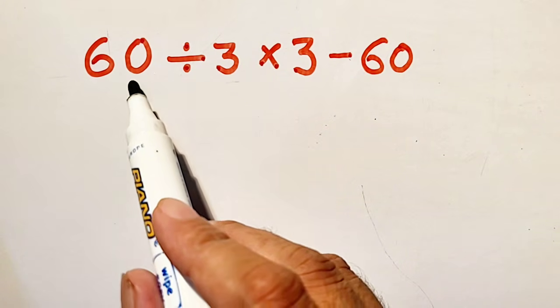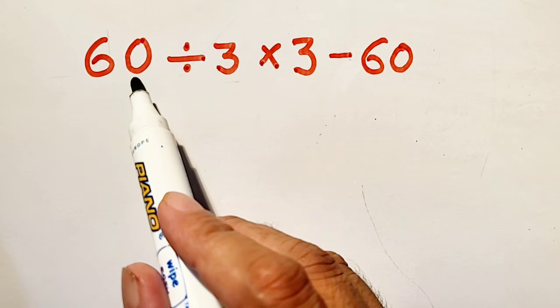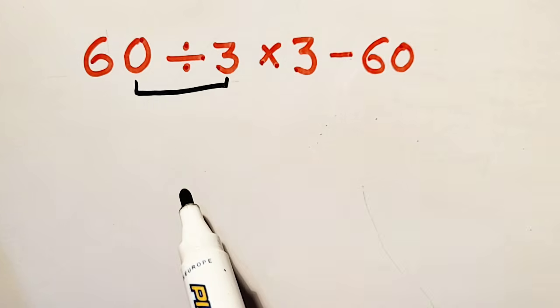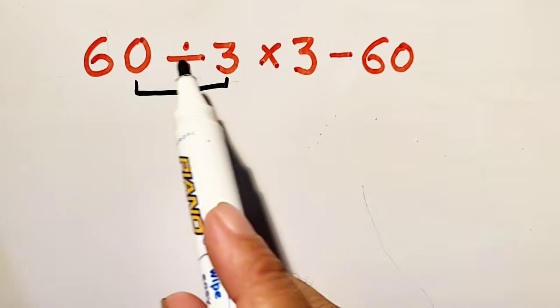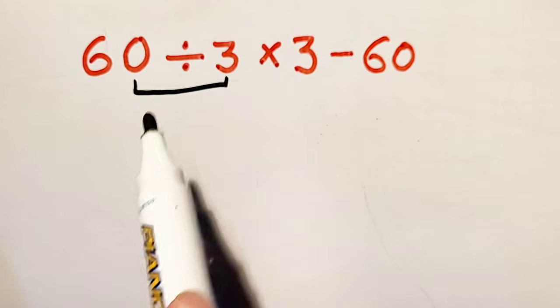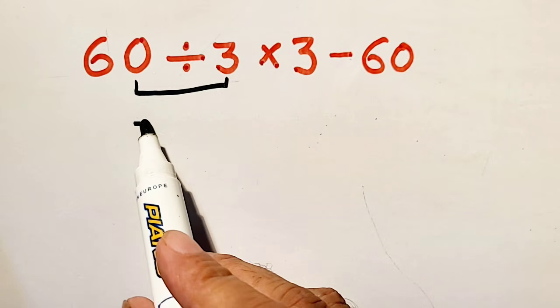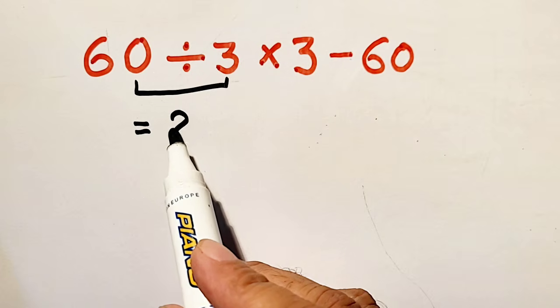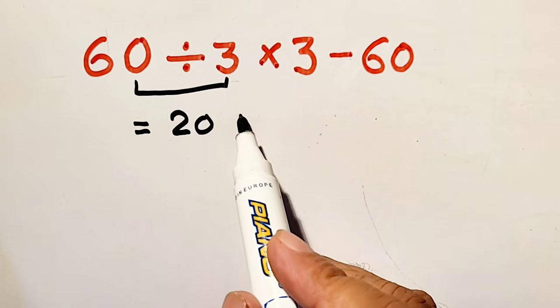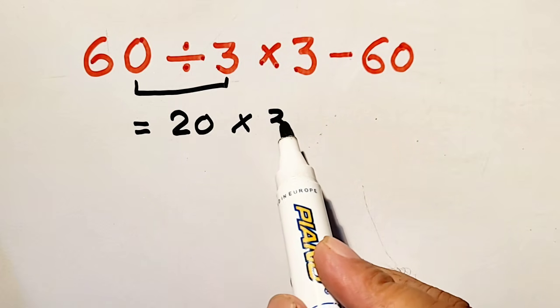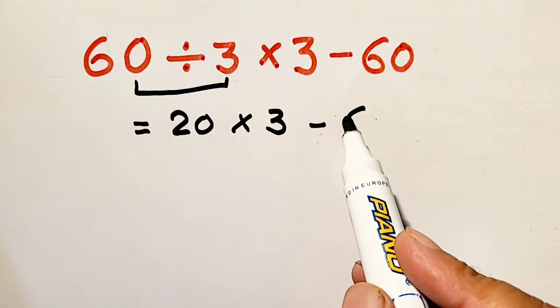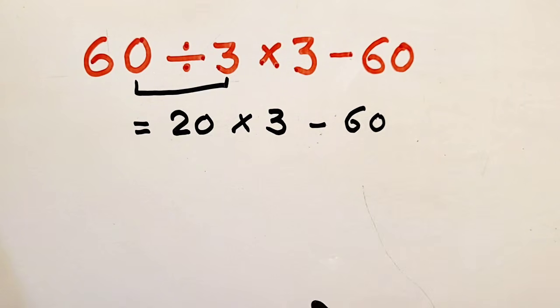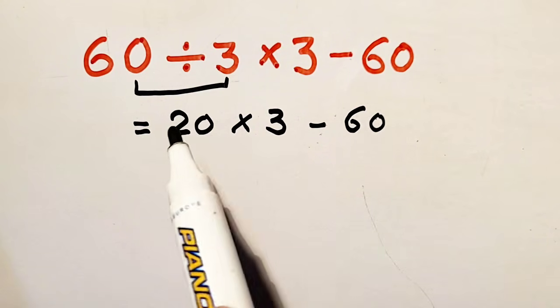First of all, in this question we will solve division. So 60 divided by 3 is equal to 20 times 3 minus 60. It is because